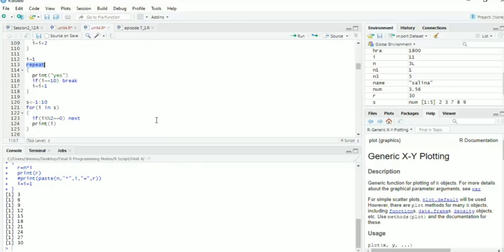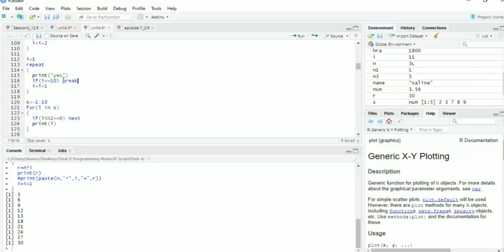When you use the repeat function, you have to explicitly define everything. You define i equals 1, then write the repeat block, and now the question is where you will put the condition. I have to print 10 times, so here I have given a condition: if i equals 10, then break.